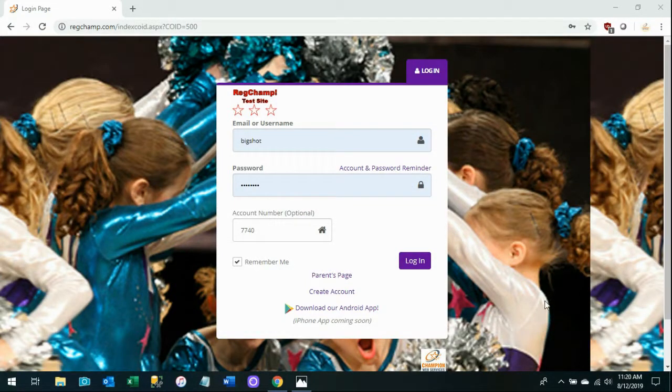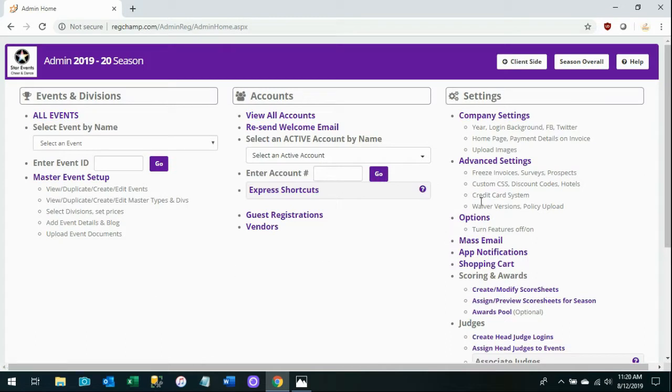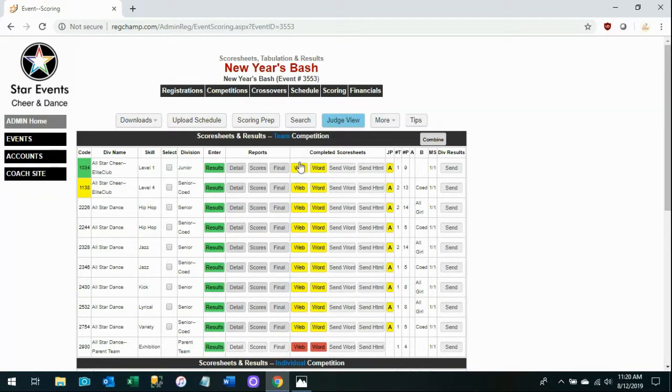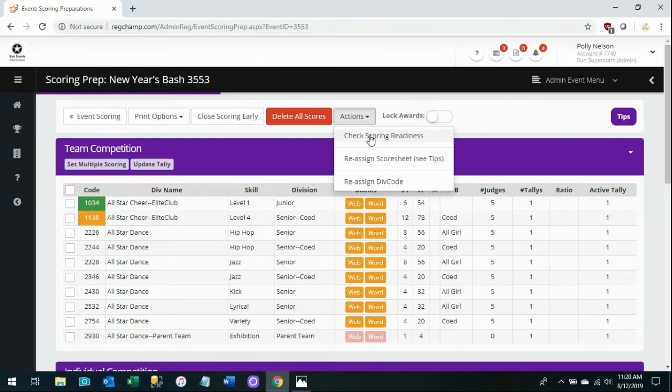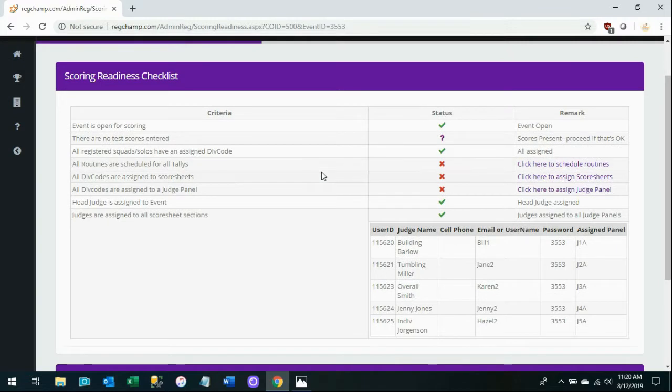The first step is to log into your site and check your scoring readiness for the event. We're going to score New Year's Bash. Go to Scoring Prep, Actions, check scoring readiness. Now this is telling us how we're ready for scoring, and this applies no matter what